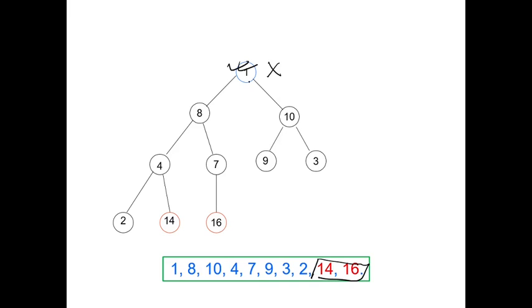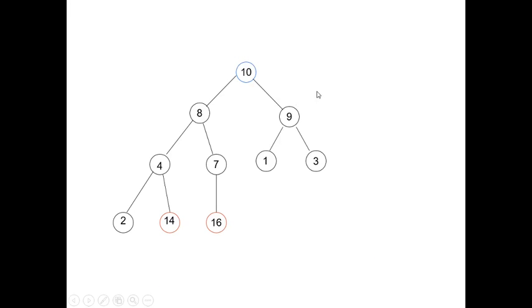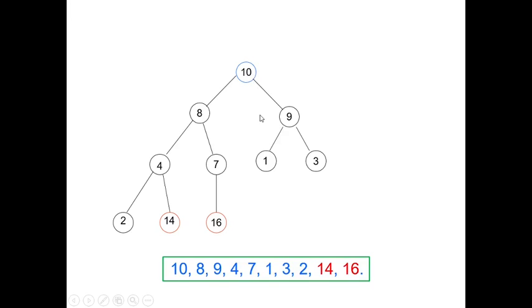Okay, so again you see the max heapify property is validated. So the second maximum element, that is next, is nothing but I think 10 will go to the top. So 10 has gone there. Then you will implement the max heapify function, and then you will see next is 10.